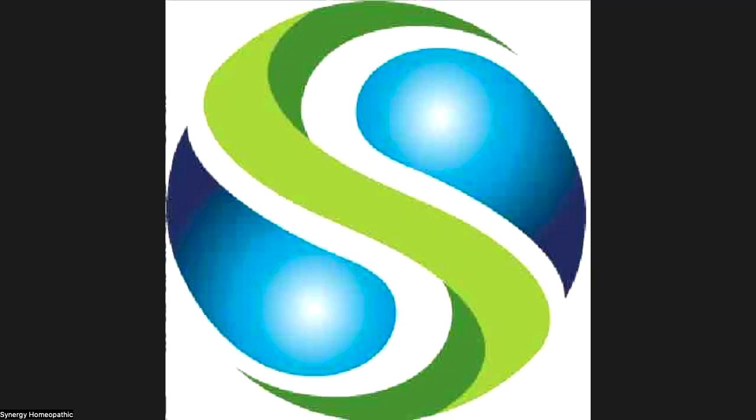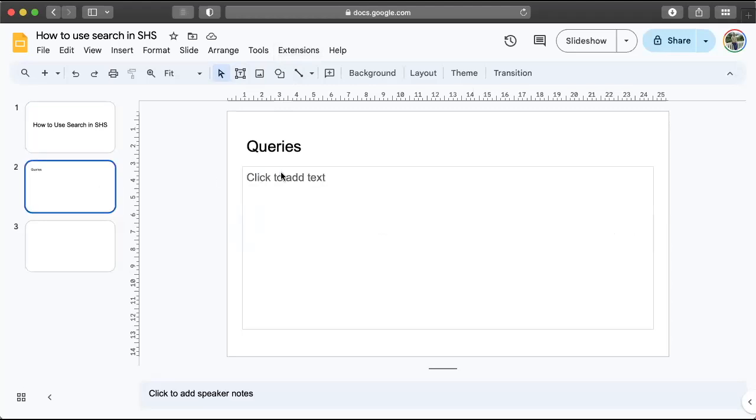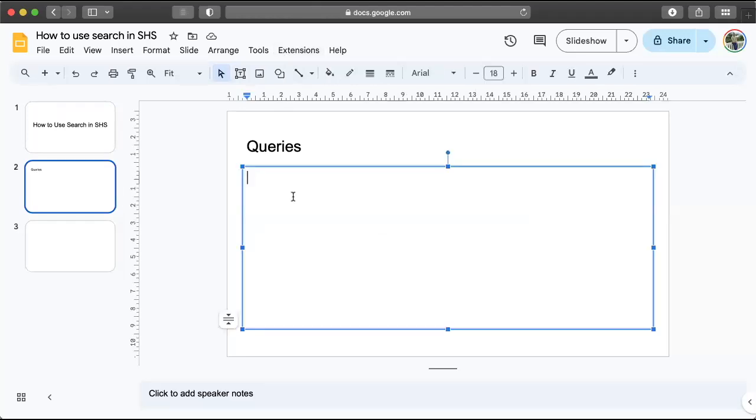So, we'll begin with the session on how to use the search engine in SHS. So, let's begin with today's session about how to use the search in SHS. The few queries that I have, if I just summarize, is how to use three-word function, or you can say five-word function,